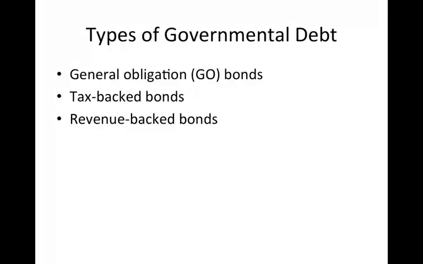Revenue-backed bonds then also involve securing the debt with a particular revenue source, but now we're talking about non-tax revenues. Revenue-backed bonds are the ones that are going to be associated with business-type activities. So you have water bonds that are secured with the revenue that is charged to consumers of water that's provided by the utility. Perhaps it's a parking facility, and so the parking fees that are charged to customers are securing